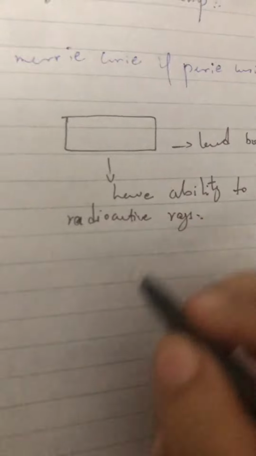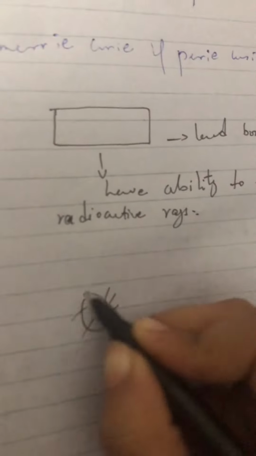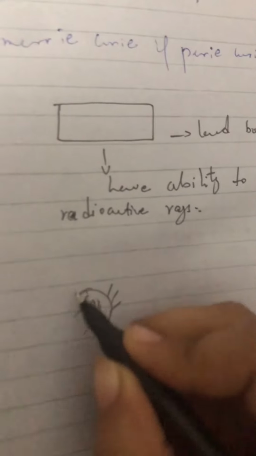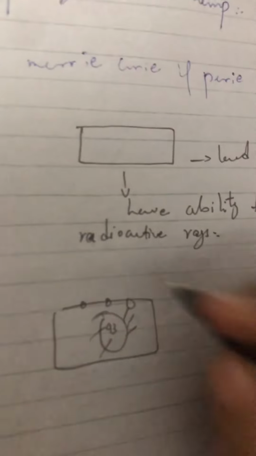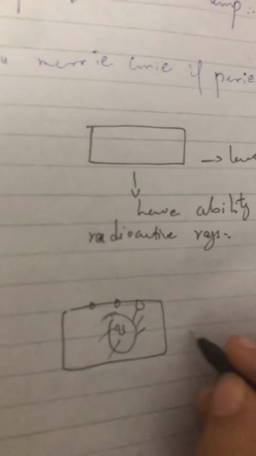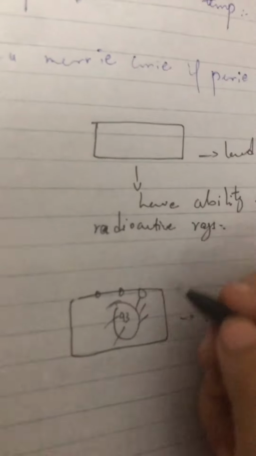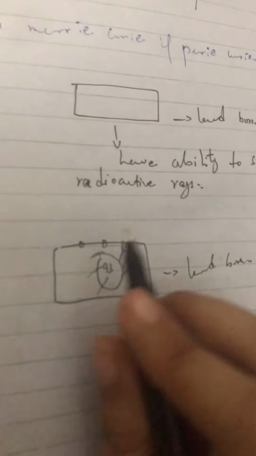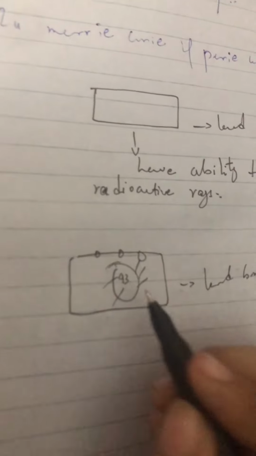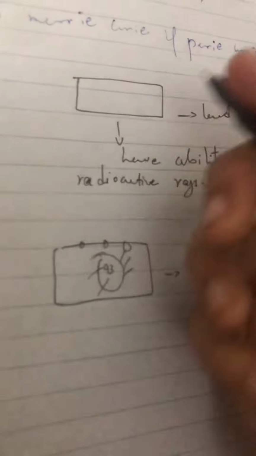So what they did, they put unstable particle in the lead box. They made a hole here. When they made a hole here, some rays come outside from the unstable material because the decaying starts, because this is unstable material. When decaying starts, some rays come outside from this,